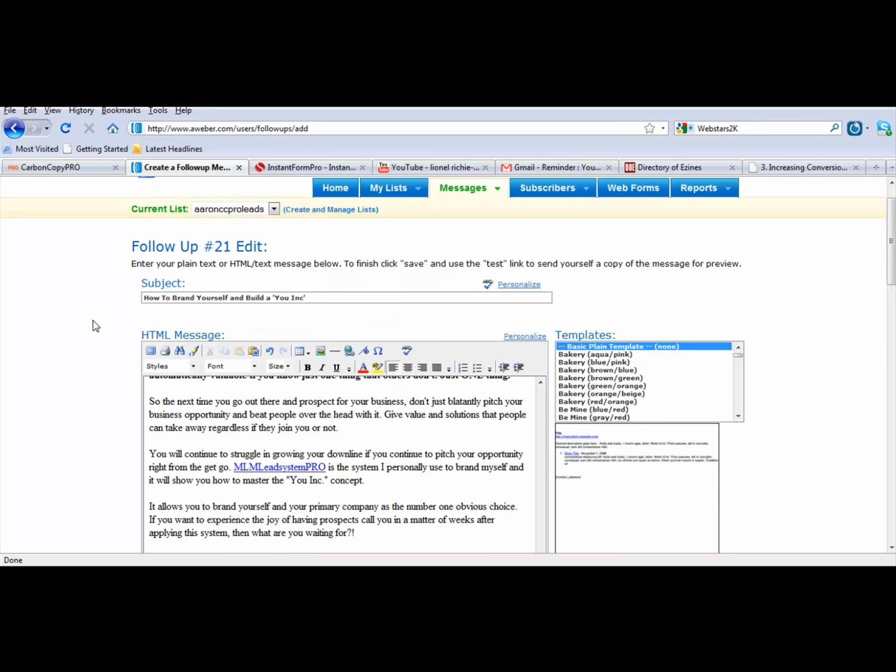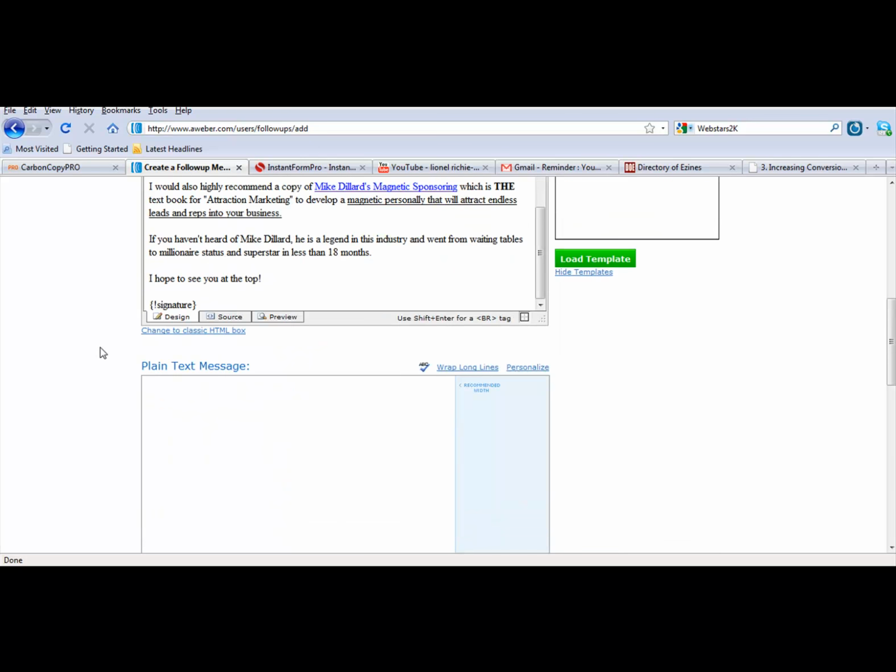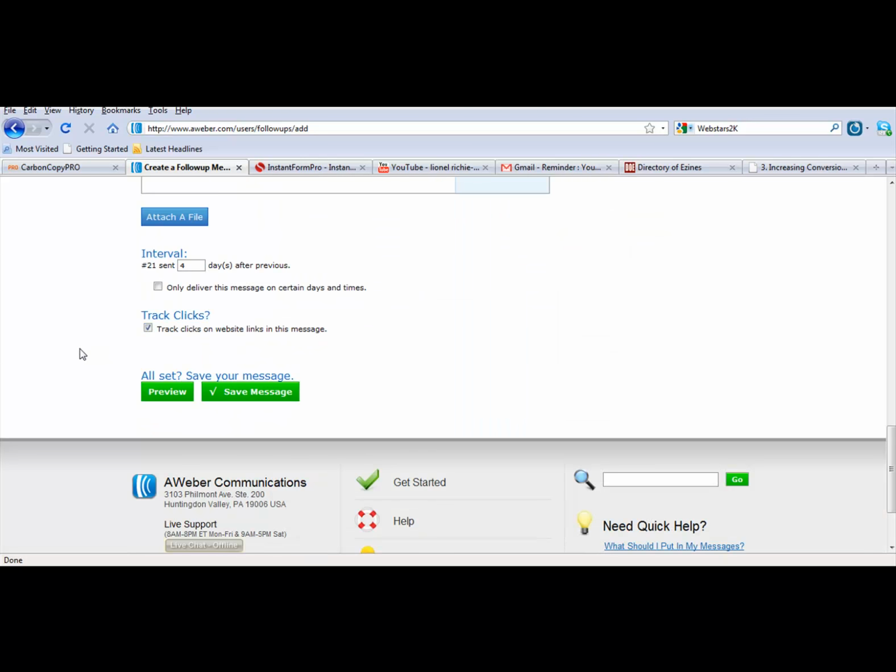Okay, so once you've done that, you've pasted my email inside here. I want you to go to the bottom of the page and select the number of days that you want this to be sent. I would say 1 day after the previous email. Alright, and once that is done, just click Save Message. Okay, so now Aweber is saving that email,